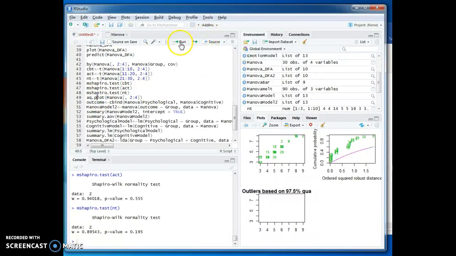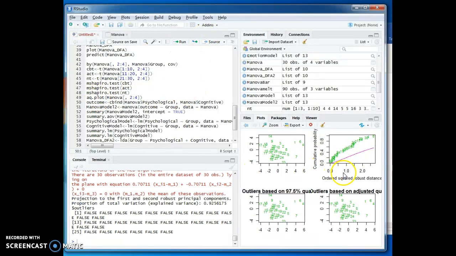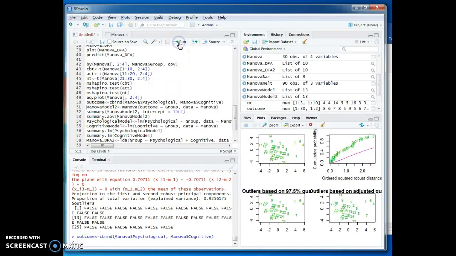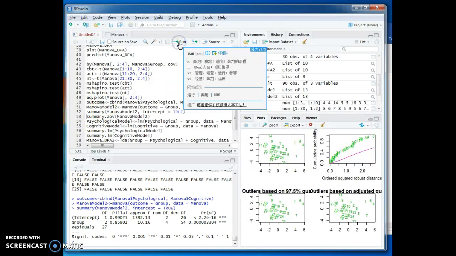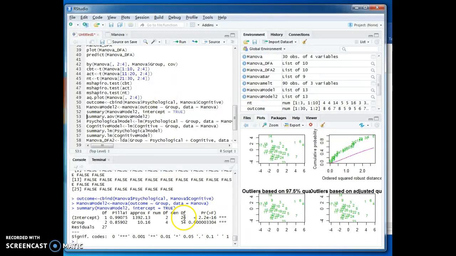This one is also to see the outliers. And we want to run the MANOVA, and it shows that the p-value is extremely less than 0.05, and it shows that the CBT is very